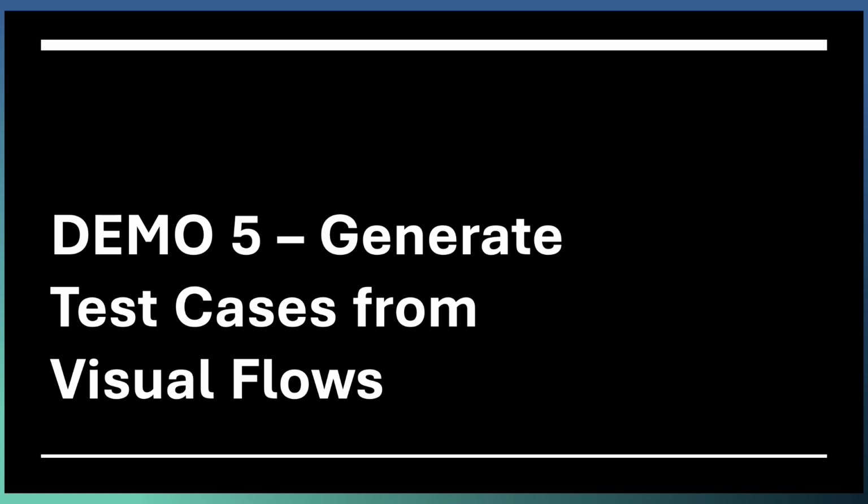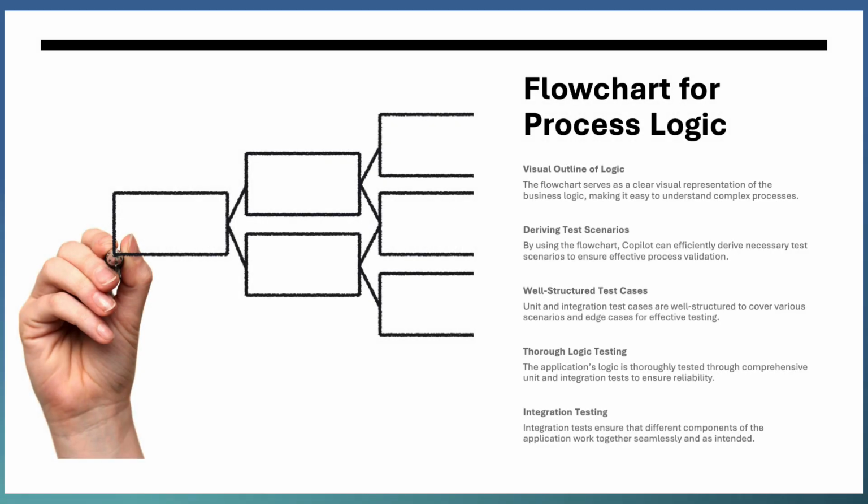How to generate the test cases from visual flows. If you are using a TDD approach, test-driven development, we start with test generation, derive the test scenarios, edge conditions, the boundary test cases, negative and positive test cases. That's the first element you generate. Then you generate the actual implementation of the functionality.